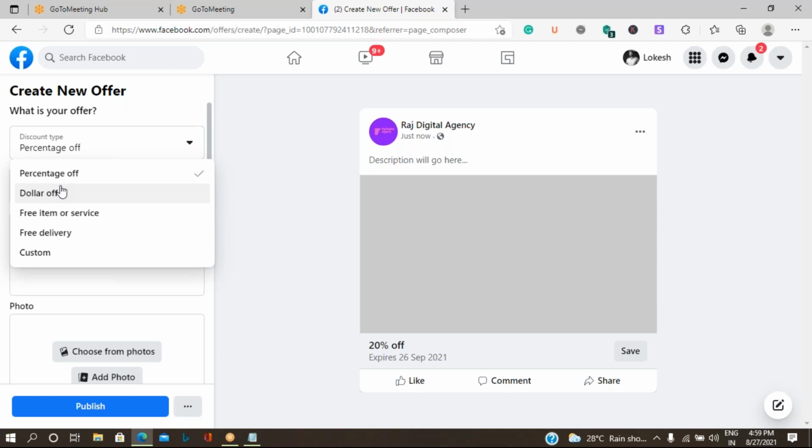Okay. The next, are you giving anything free, such as buy one get one free? You can select it as free item or service. Then next, free delivery. Is there any specific kind of offer you are giving? For example, annual maintenance charges 1 year free, 1 year subscription free, or an ebook free.